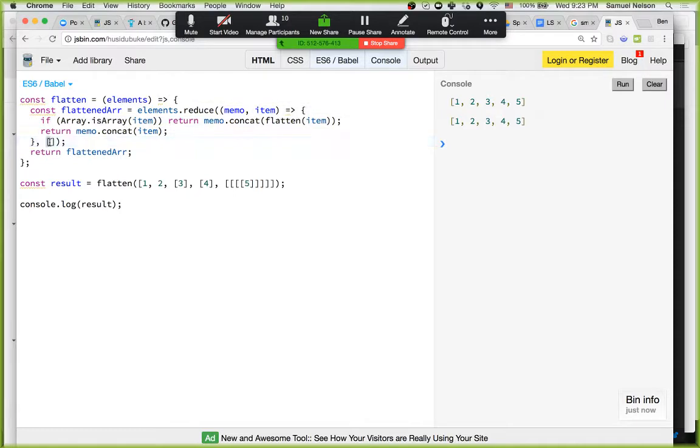The third argument that we pass in is an empty array. So this empty array is the starting point. This is what memo will be initially. Memo is going to start out as an empty array. Okay, so now this callback function is going to be invoked on the first value in elements, which is a